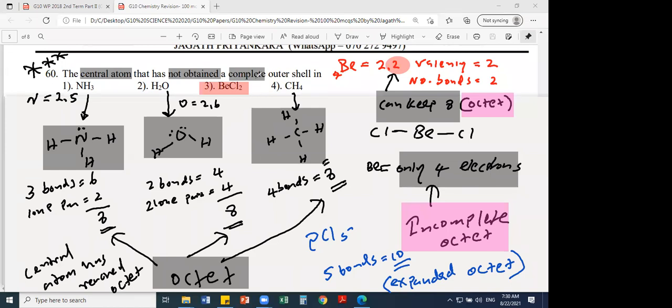Every year, they ask at least one of these molecules as a Lewis structure. You should know how to draw the Lewis structure. Before all this, you should know the configuration. My advice: if you don't know the configuration of an element, that is the end of your chemistry. For the first 20 elements, everyone should know the configuration. Otherwise, you will find chemistry very difficult. Without the periodic table, you can't do chemistry. That is the chemistry alphabet. I gave a detailed explanation about this also. Instead of saying 'not obtaining a complete outer shell', they can give the single term in the exam, octet.